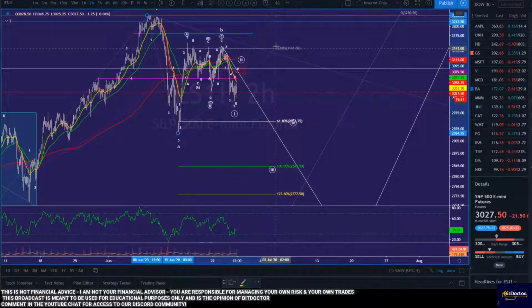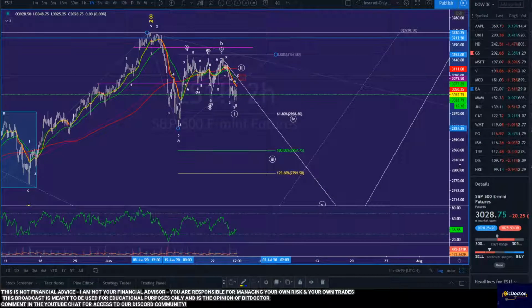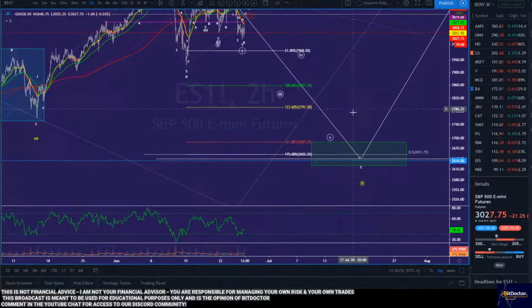a couple targets that we have here. We talk about this all the time where we've got our targets here. So we're going to be looking for probably 280 to 285 initially. We're going to be looking for some bouncing around there. If we happen to get all the way down here, we're going to bounce, right? We're going to have some significant bouncing here, but we're going to be going much lower if we do happen